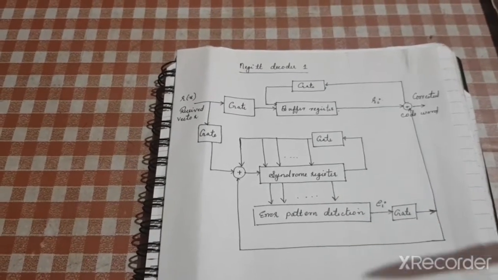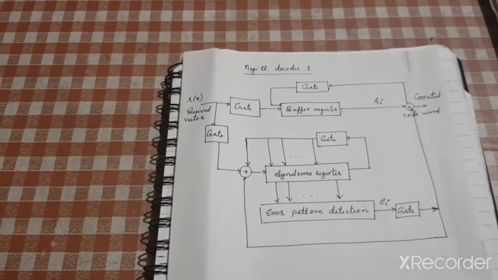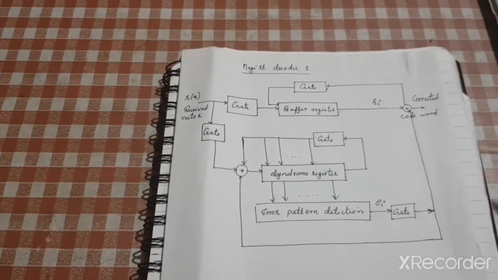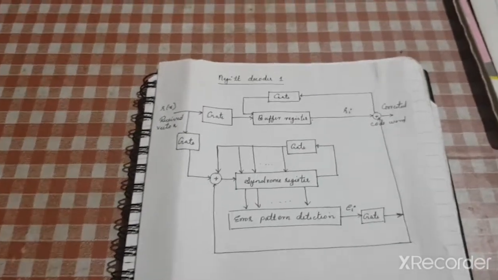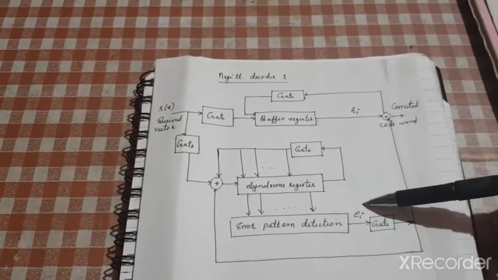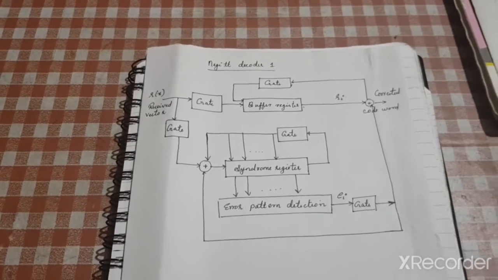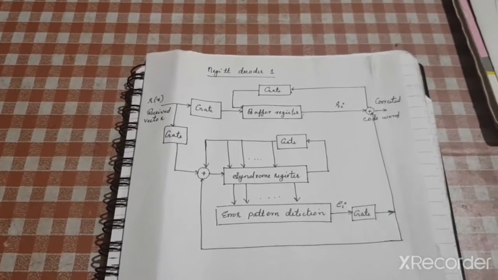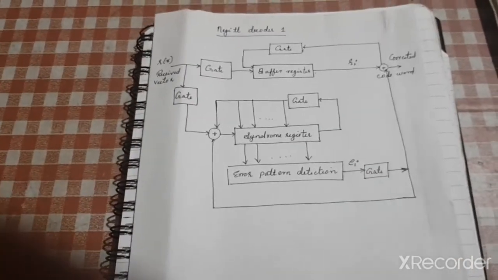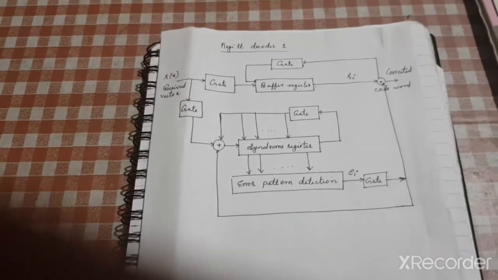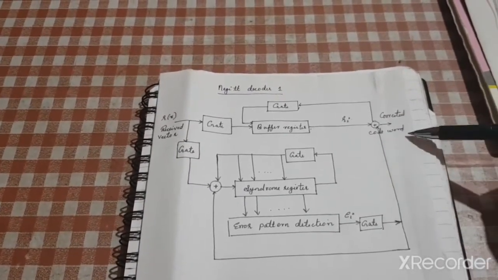The error pattern detection circuit can be any combinational logic circuit, which depends upon our design actually. We can take an example and see how this is implemented. And then you can see the error pattern coming out from this circuit. It's just a single bit, meaning it can be either 1 or 0 depending upon whether there is an error or not. Okay, so we can see the working, and this error pattern will be added to the received code word to get the corrected code word.